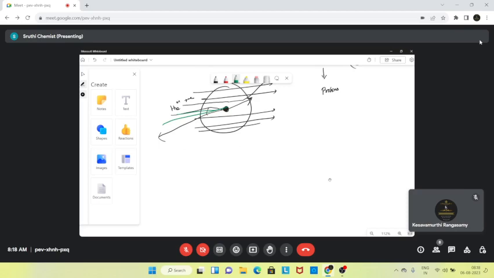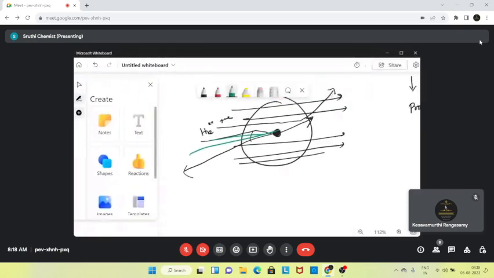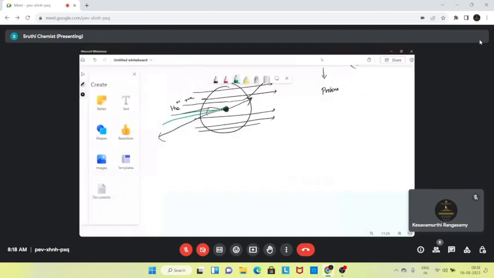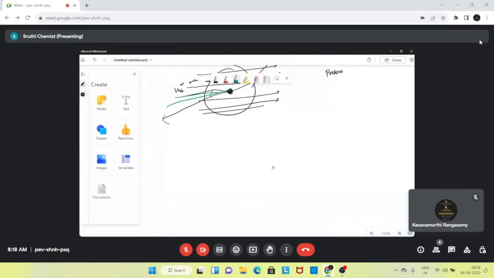Then why is the Rutherford model a failure? What is the reason? Why is it a failure when everything is correct? Yes, because he didn't explain the Maxwell concept. So the Maxwell concept is